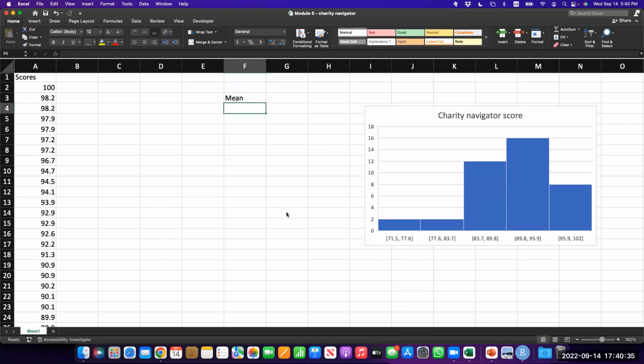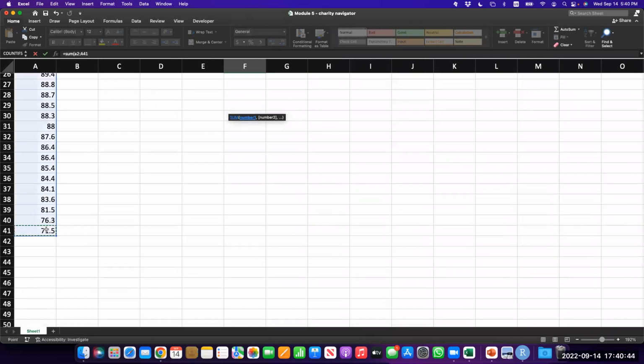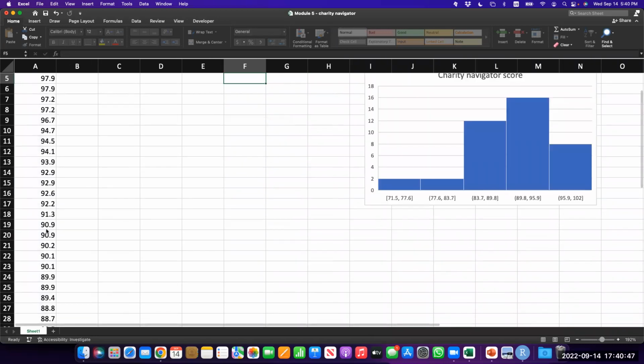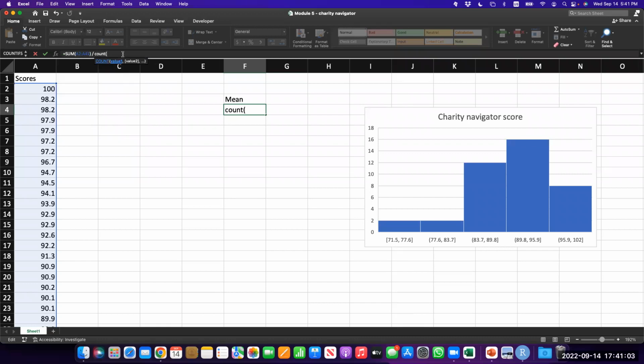The sum is SUM of A2 to A41, parenthesis closed. This is the overall sum. To derive the actual average or mean from the sum, you need to count each entry, which is COUNT, as we know, from A2 to